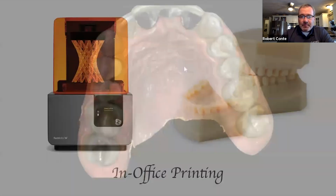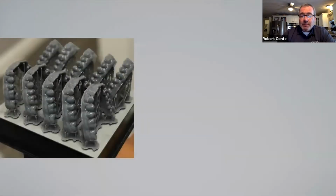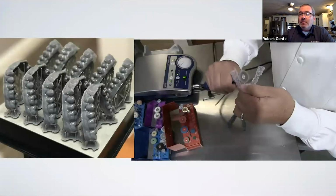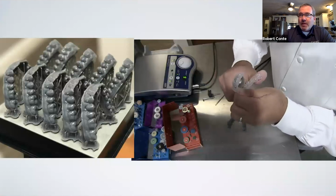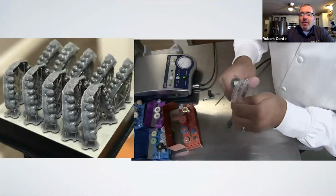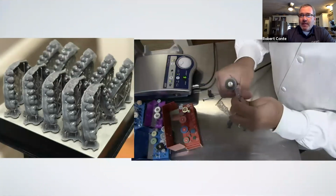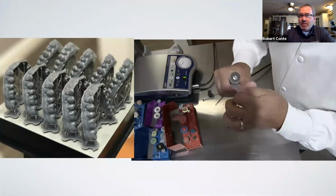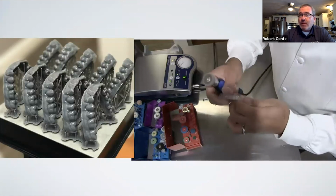Or what else can we use these super accurate scans for? Well, how about printing models? Whether it's for diagnostic purposes or in the case of some more advanced offices, maybe you want to create your own aligners. SureSmile has the ability to do your staging for you and then send you back the individual STLs of the movements, so you can either print or suck down your own aligners,